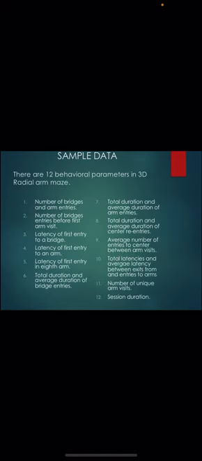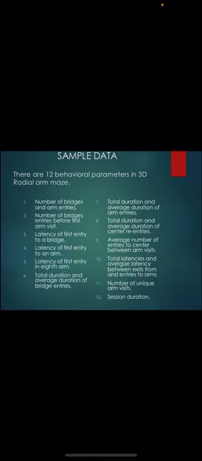There are 12 behavioral parameters that are recorded in the 3D radial arm maze. That is number 1, the number of bridge and arm entries, number of bridge entries before first arm visit, latency of first entry to a bridge, latency of first entry to an arm, latency of first entry in the 8th arm, total duration and average duration of bridge entries, total duration and average duration of arm entries, total duration and